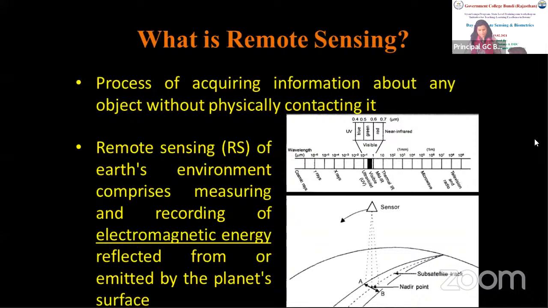I was just talking about the visible range that we practiced. I told you the visible includes the blue range, green range, and red, which is the purple range, from 400 to 700 nanometers. Some of the region in near infrared is also used in remote sensing. So overall, remote sensing is the science in which we measure or record the electromagnetic energy that